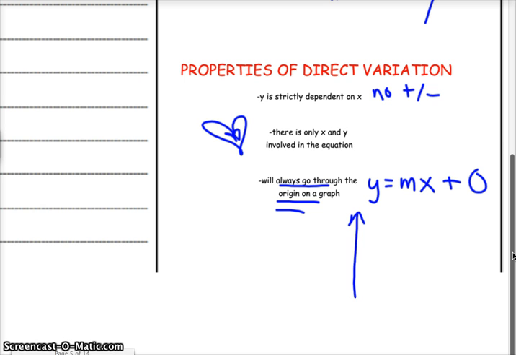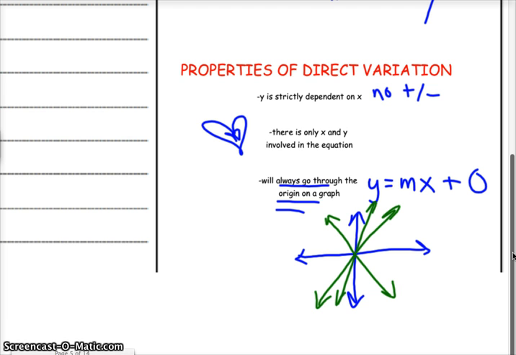So you're going to have some kind of graph that looks like this. There's one. That's a proportional relationship. Y varies directly with x. Here's another one. Proportional relationship. Let me make it a little steeper. Proportional relationship. Okay, do you see what I'm doing here? Anytime I go through the origin, I don't know what I'm multiplying x by to get to y,